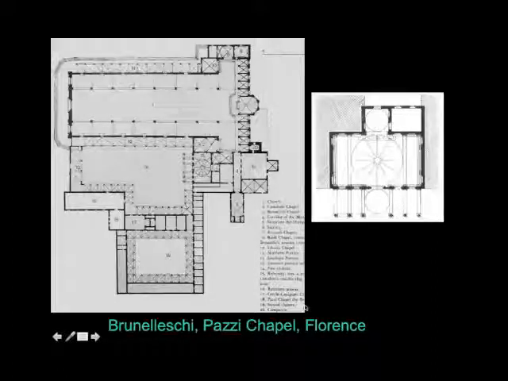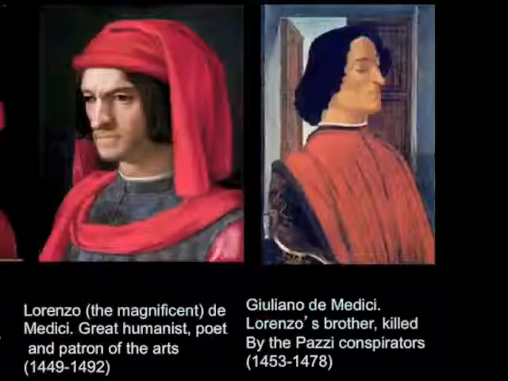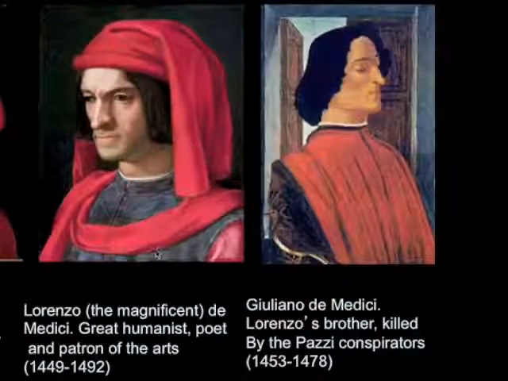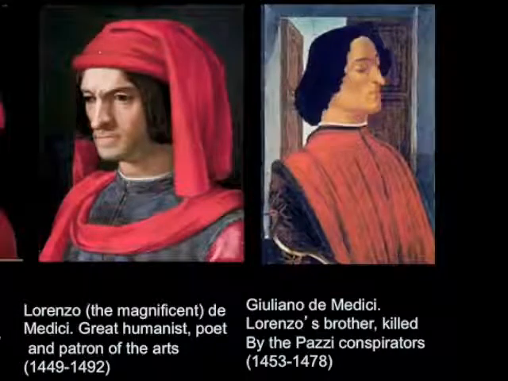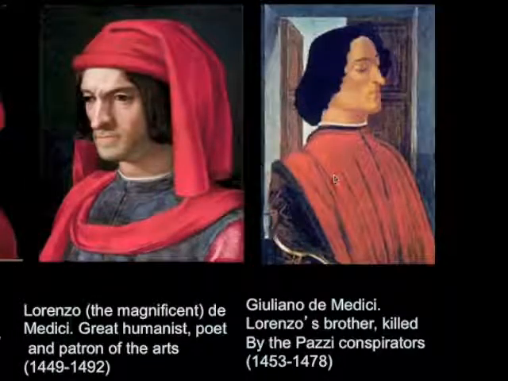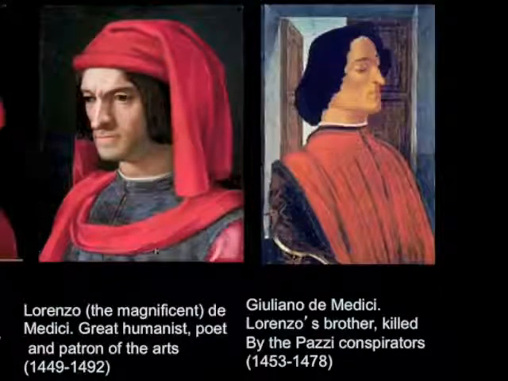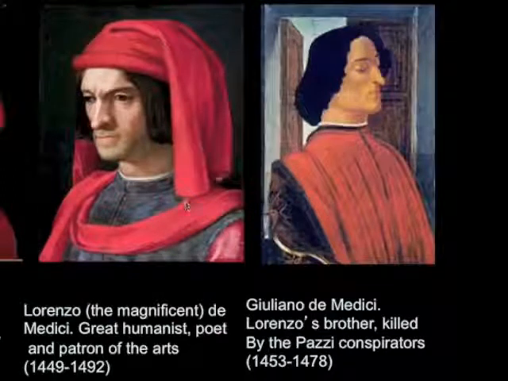And I'm just going to digress a little bit on the Pazzi, because the Pazzi were another rich banking family, rivaling the Medici as the kind of movers and shakers of Florence in the 1400s. And so at a certain point, the Pazzi decided that it would be politically clever to kill the sons of Cosimo de' Medici, Lorenzo and his brother Giuliano. And they're in the Church of San Lorenzo, no less. And the Pazzi are kind of coming at them with swords, and Giuliano and Lorenzo are fighting, and finally Lorenzo escapes into the old sacristy, but Giuliano is murdered by the Pazzi.